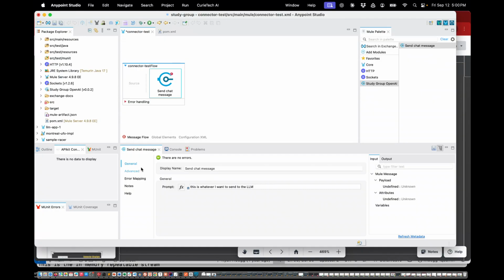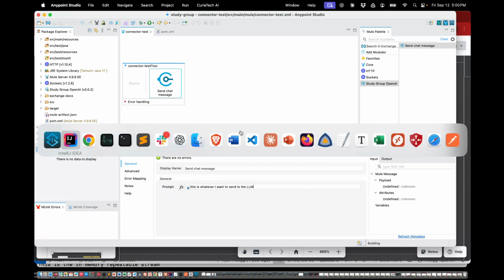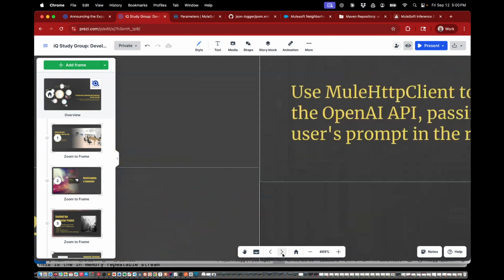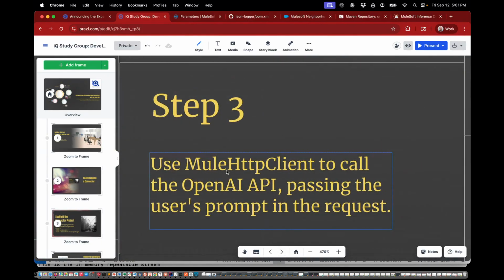I think I'm gonna keep going because I think we want to do the HTTP module stuff. If you're gonna build one of these after study group and get back to me and show me how cool your work is, I want you to have this piece because you can do it wrong, and it's worth doing this part right. So when you're building HTTP based connectors for Mule, you want to use the Mule HTTP client